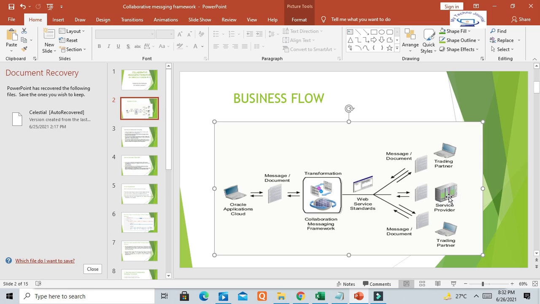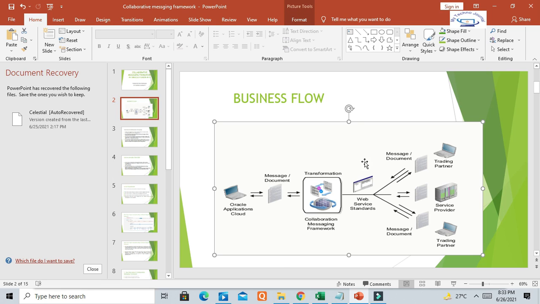The service provider is our Oracle Supplier Network, OSN. OSN is a standard service provider available in Oracle Fusion, and we can take leverage of it to send the document to our trading partner from the Oracle server.